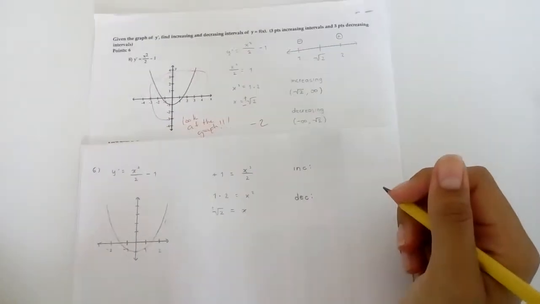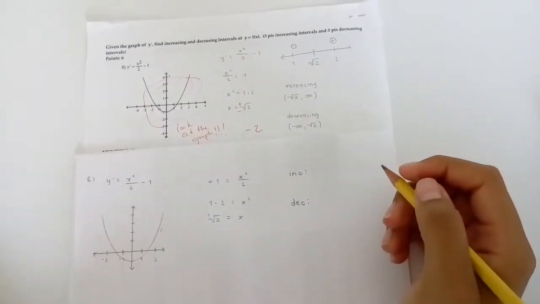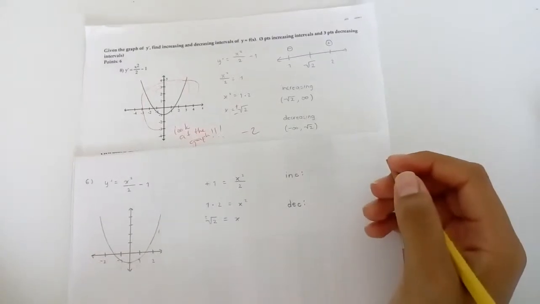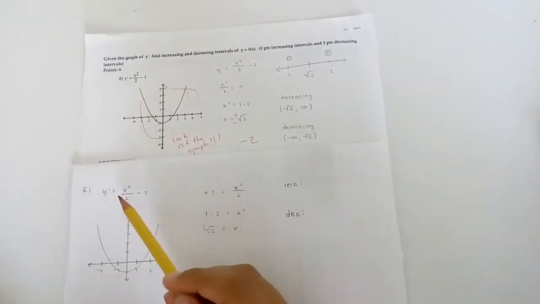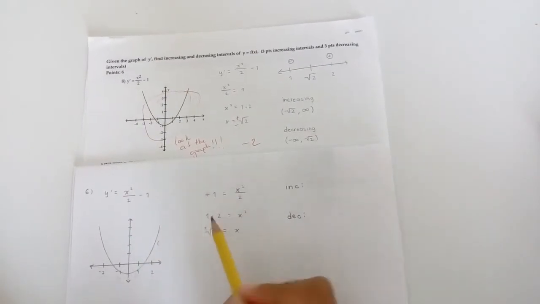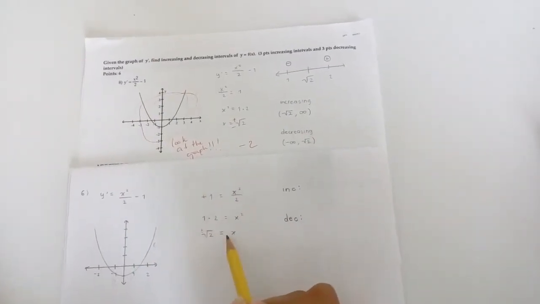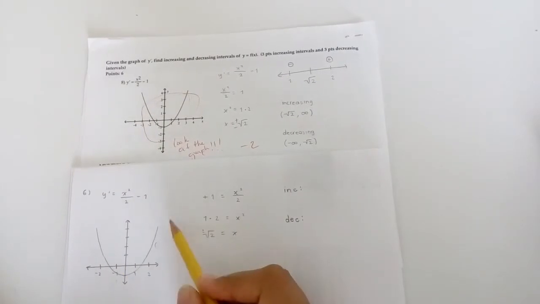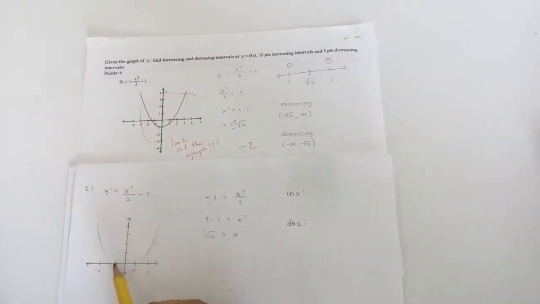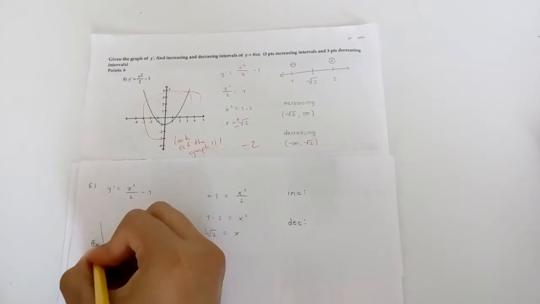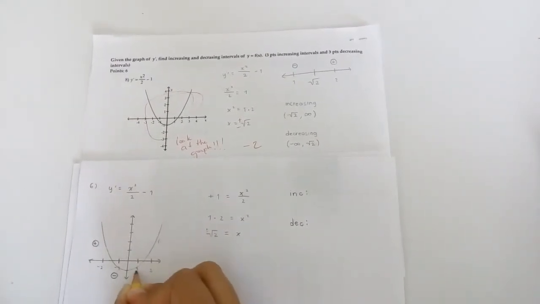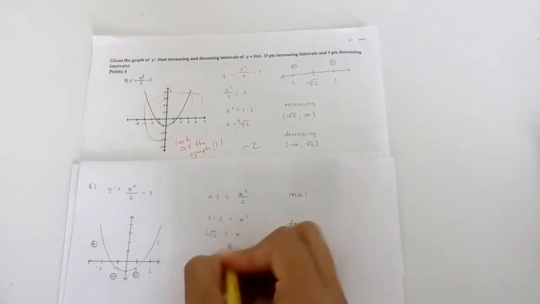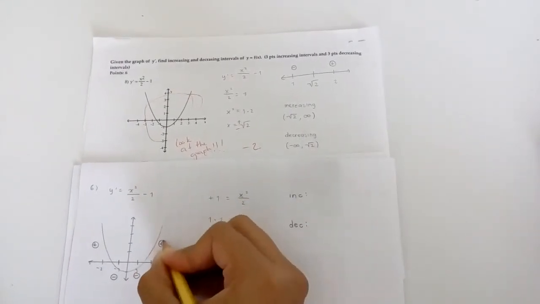The exercise I got wrong was the one where I had to find the increasing and decreasing intervals of y of f(x). First I had to isolate x here, and when I did that I got plus or minus the square root of 2. Then I just had to look at the graph and see that from here to here it is positive, increasing, and all the way from here to here it is negative, and again from this place to infinity it goes positive again.